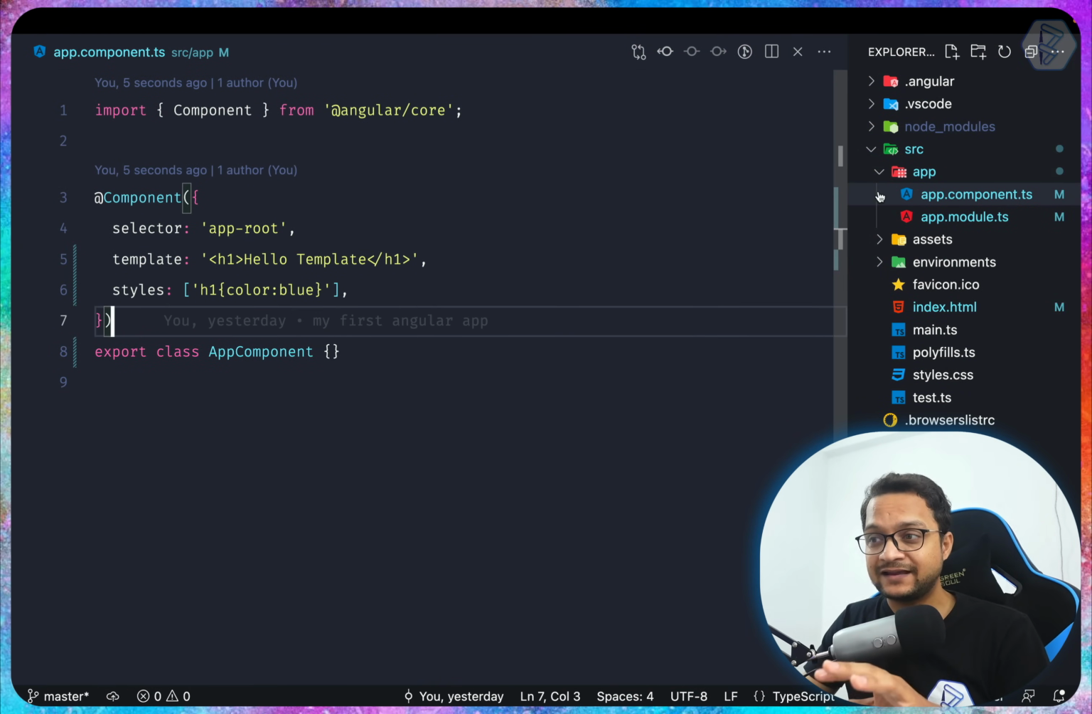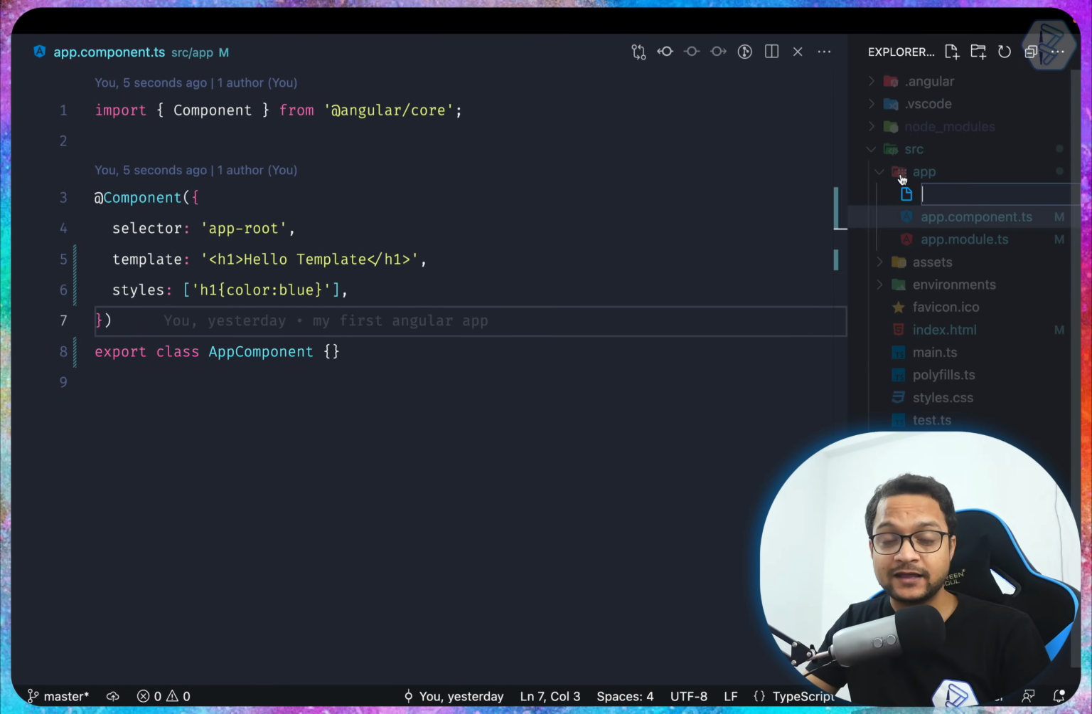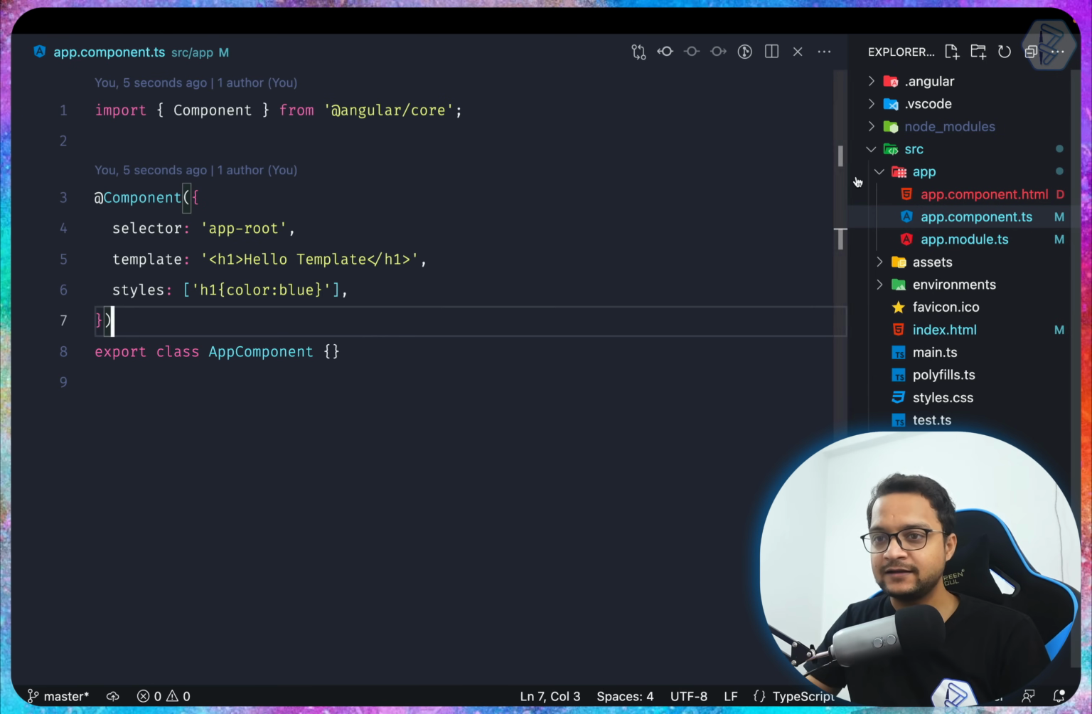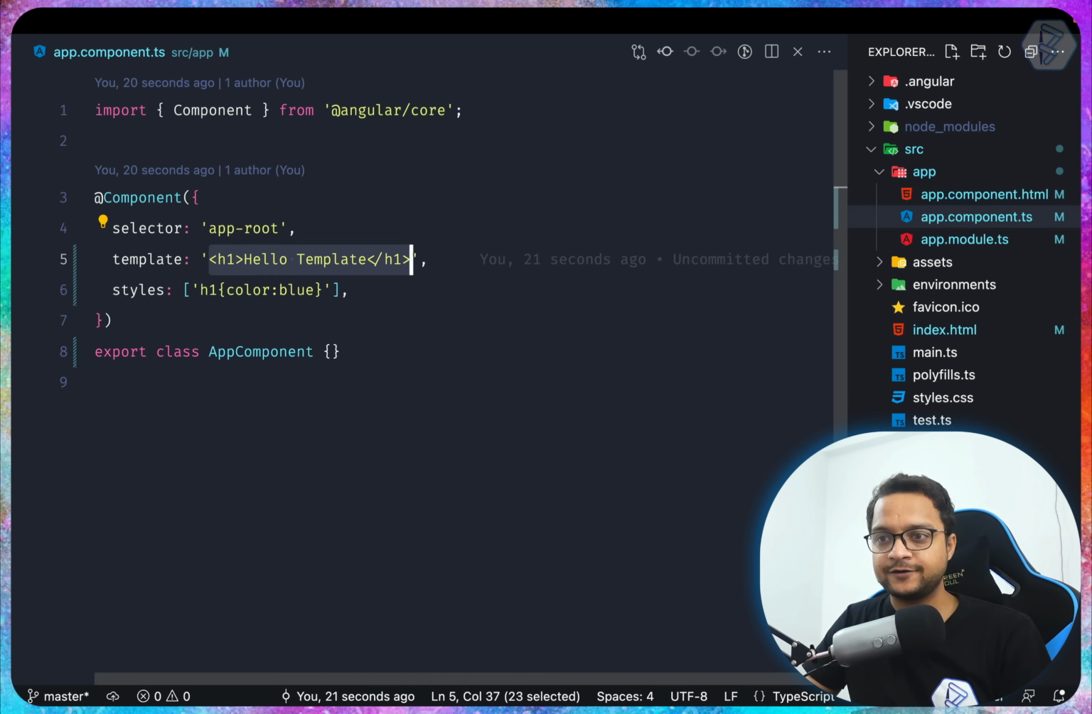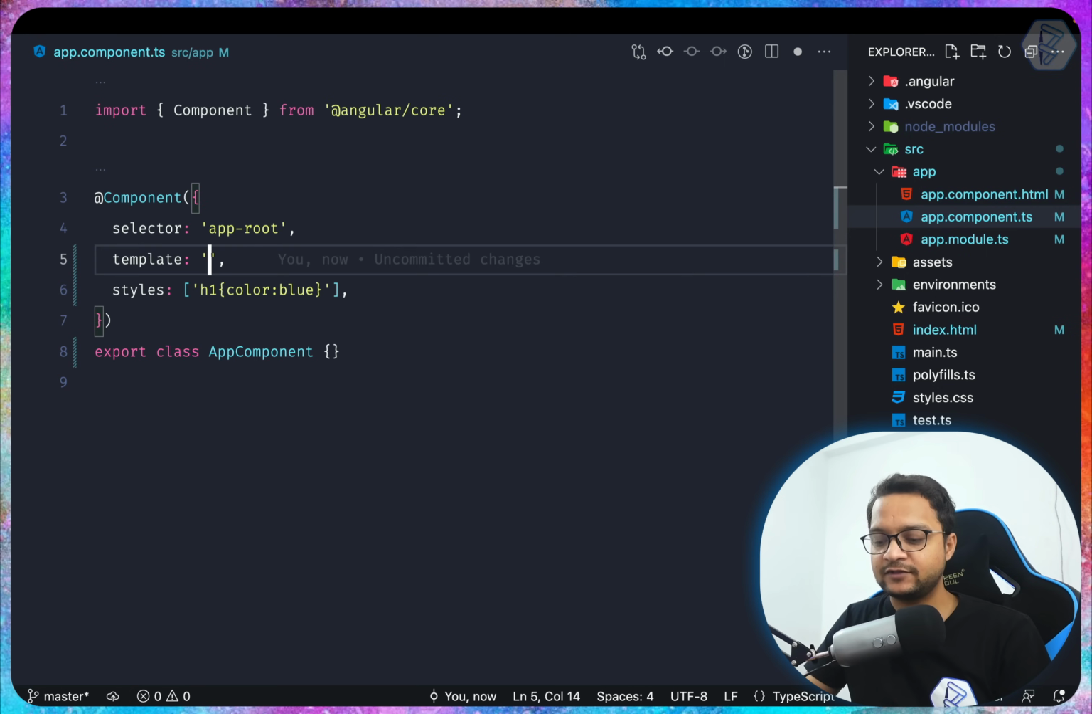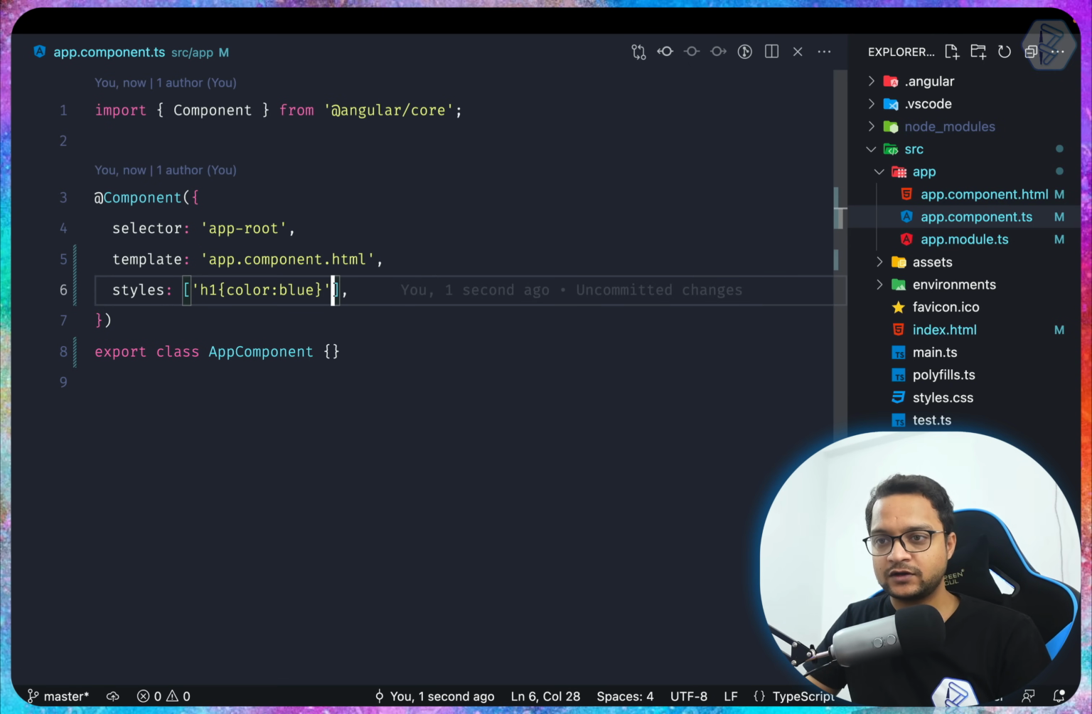But remember, we can also create our own dedicated file for template and style. So app.component.html for the template. Let's move this from here to here, and then we need to say hey, I need it on the same app.component.html. You can just define it like this, and then you can have this one from here and say that, hey,